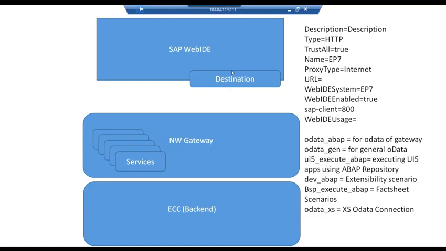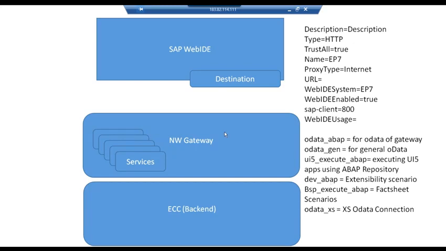For that reason, we need to create a destination file, and this destination file should include the description, the type of connection, whether to trust that connection or not, the details of the entire connection, all the port numbers, the client, and very important, one property called WebIDEUsage. What is the purpose for which you are creating the destination? Is it just for consuming OData, or do you also want to use it for your ABAP repository? That's why we give these multiple properties like odata_abap, odata_gen, ui5_execute_abap, dev_abap. We specify these properties in our destination,